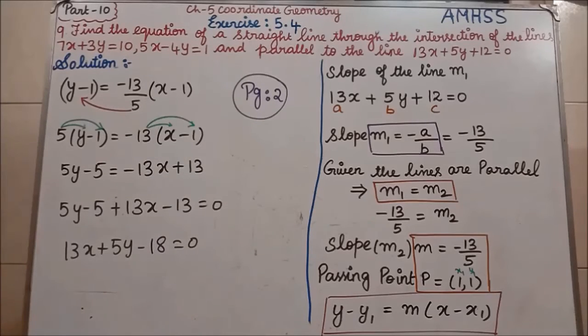So equation of the straight line will be in what format? Ax plus by plus c equal to 0. So we need the x term to be positive. So I am taking these two terms to the left hand side. 5y minus 5 plus 13x minus 13 equal to 0. If you see, the x term I am writing first, then the y term, then the constant term we are having. Minus 5 minus 13 is minus 18, equal to 0. This is the equation of the straight line for the 9th question. Clear students? Clear all of the 9th question. Next we will see the 10th question.